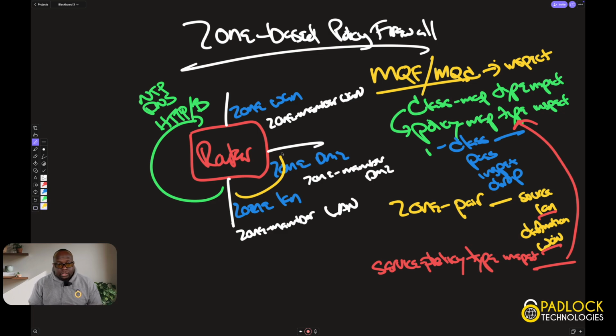So if you say the source is LAN going to WAN, as long as that traffic is initiated from the LAN side, the WAN will return, right? Based on state. That's normal state activity. But you can't go from WAN to LAN without creating another zone pair that has the source of WAN going